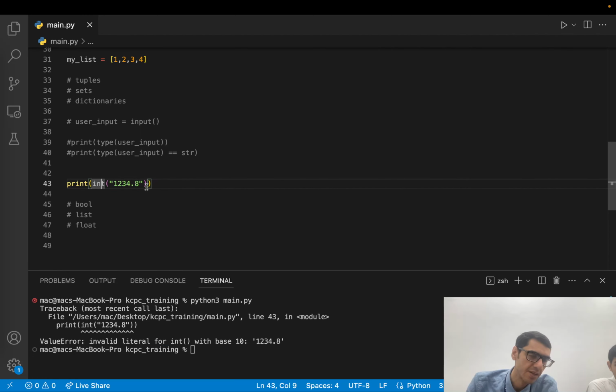Okay, I think it's not like other languages. In other languages, they actually remove the decimal places. But in this case, it will throw an error. It will tell you I cannot convert this to integer, even though the conversion is very easy. I just take this part and discard this. But I think with Python,